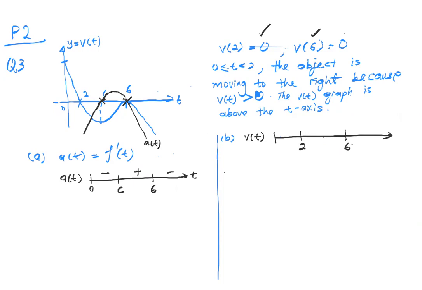Okay, the velocity graph is above the t-axis. So positive, negative, negative. Am I right? Hello? Is my sign diagram for velocity correct? Okay, so which means that my